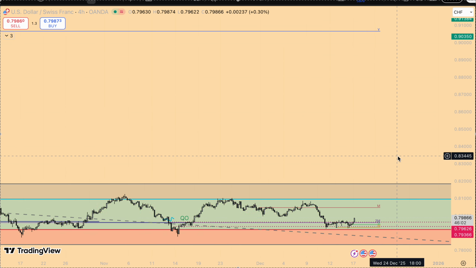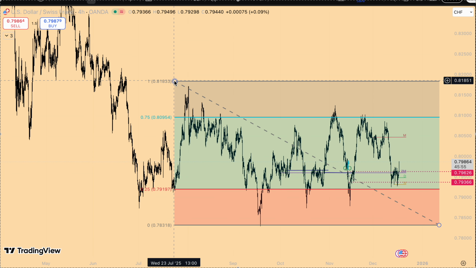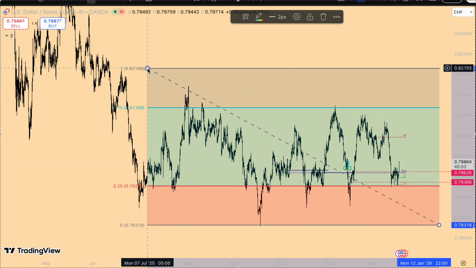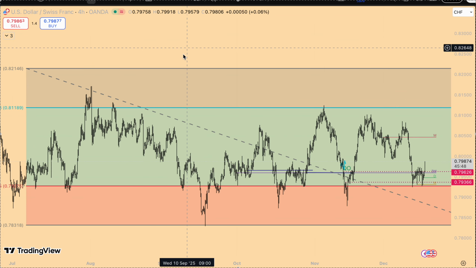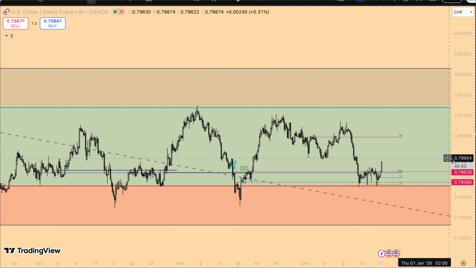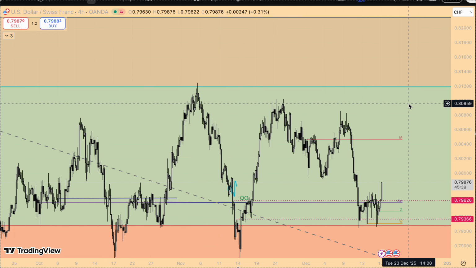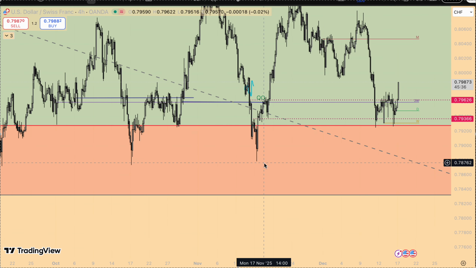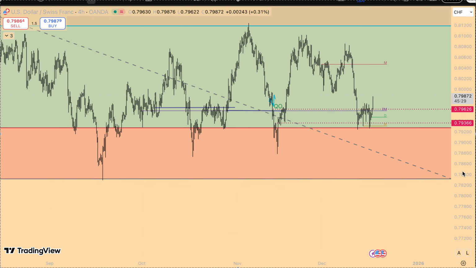With USD CHF, guys, it's such a range play, it's embarrassing, right? You could just see, right? Honestly, we have this as our 75%, we have this as our 25%. I would have loved lower prices, as I mentioned yesterday. This liquidity, these lows open, maybe we come and grab it, but that didn't happen.